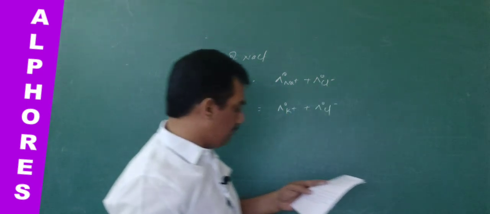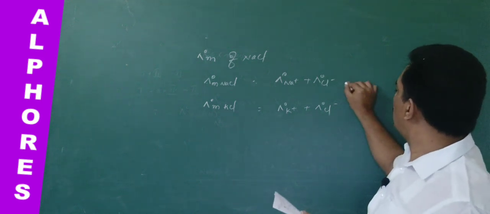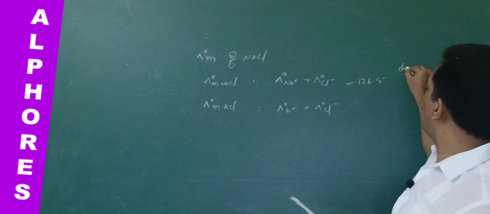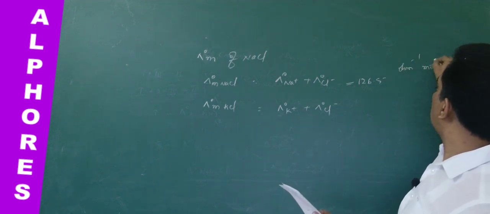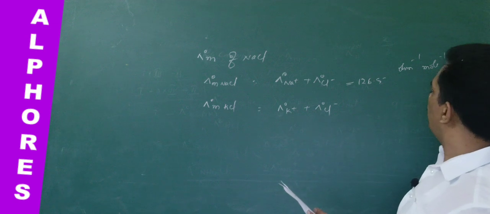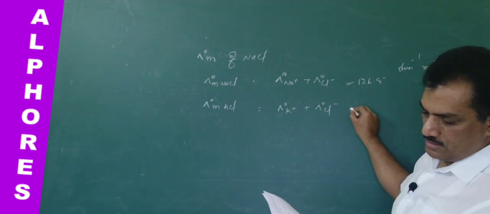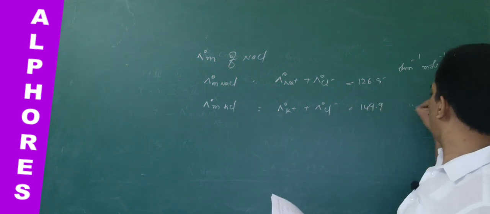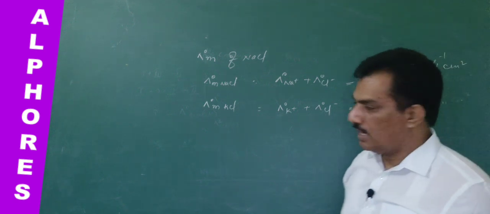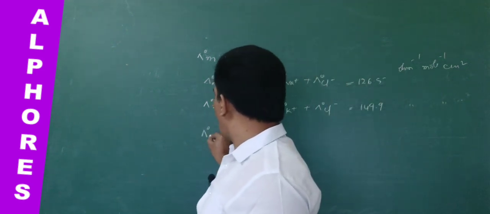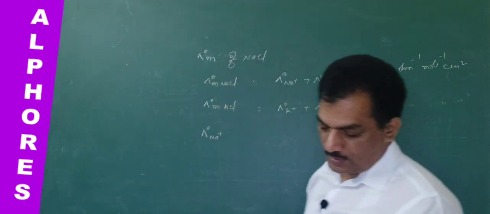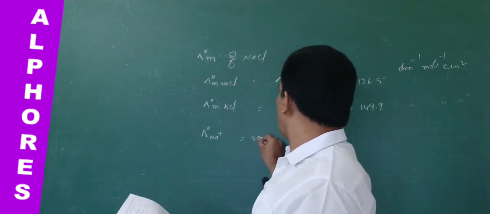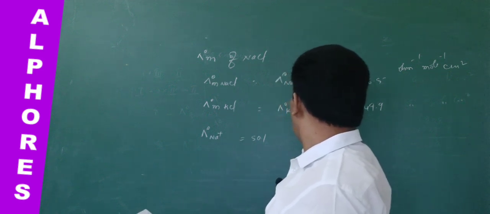These two values are given, and for NaCl it is 126.5 ohm inverse mole inverse centimeter square, and for KCl it is given as 149.9 ohm inverse mole inverse centimeter square. Now, lambda naught Na plus is given as 50.1, and they are asking for lambda naught